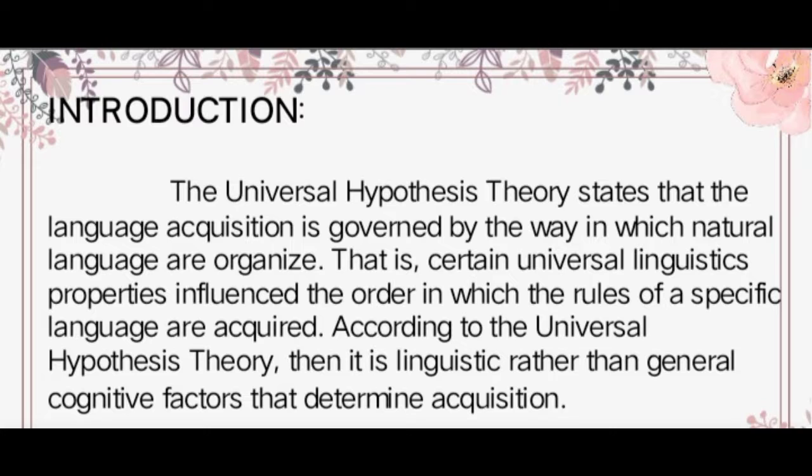Why is universal hypothesis theory linguistic rather than cognitive? Universal hypothesis theory is linguistic because it is concerned with the nature of language and communication, using either verbal or nonverbal communication for as long as the message is transmitted. On the other hand, we have cognitive factors, which use imagery for memorization only, or something that exists in our mind that could be repeated, summarized, and organized.